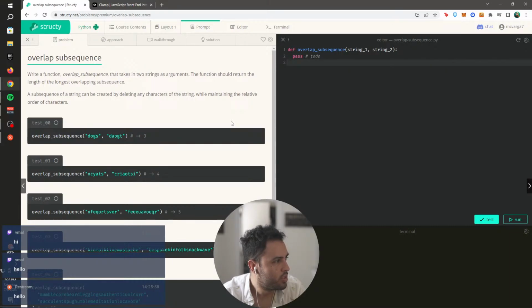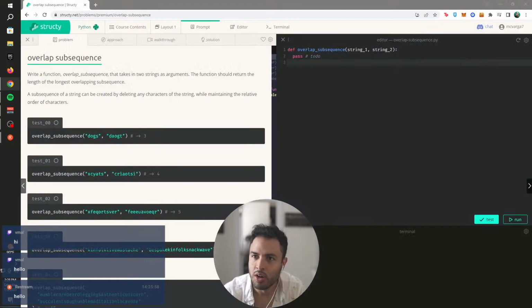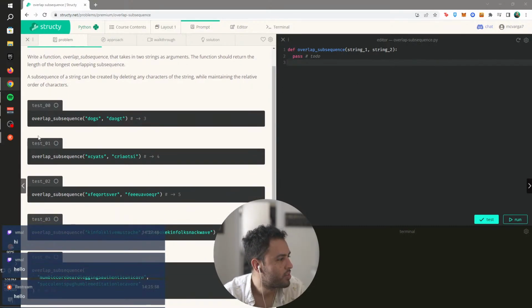So we're writing a function overlap subsequence that takes in two strings as arguments. The function should return the length of the longest overlapping subsequence. I think we're under the section linked list right now, so we're going to be using linked lists to solve this problem. And so we have some test cases where this input would be equal to 3 because